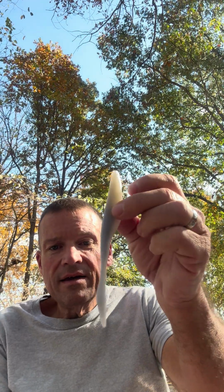Another bait that I will have tied on is a soft jerkbait. This one's the Caffeine Shad from Strike King. I really like that Caffeine Shad. I've caught a lot of fish on a Caffeine Shad, and I've also caught a ton of fish on the